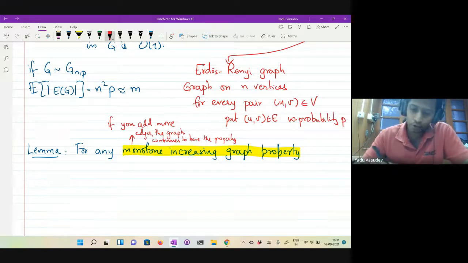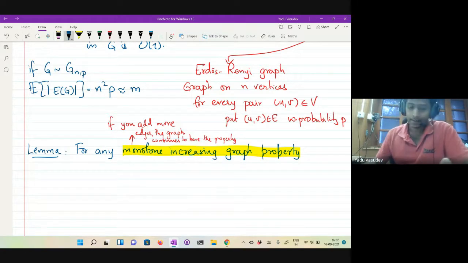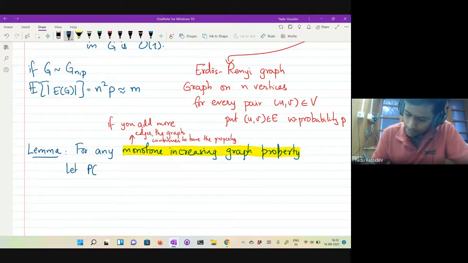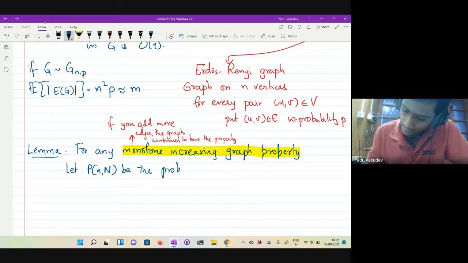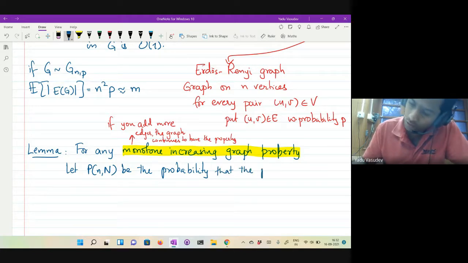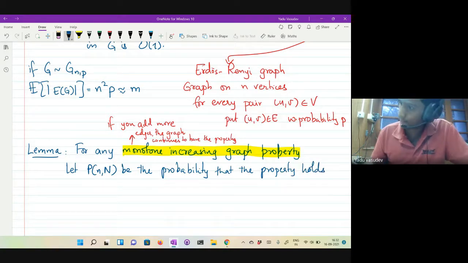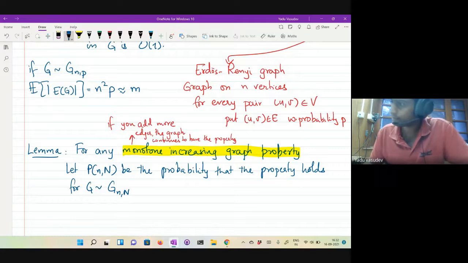So if you take any monotone increasing graph property, right, and let P(n, N) be the probability that the property holds for G sampled from G(n, N), right?